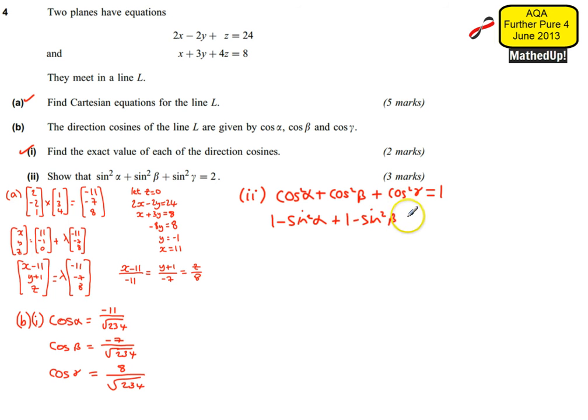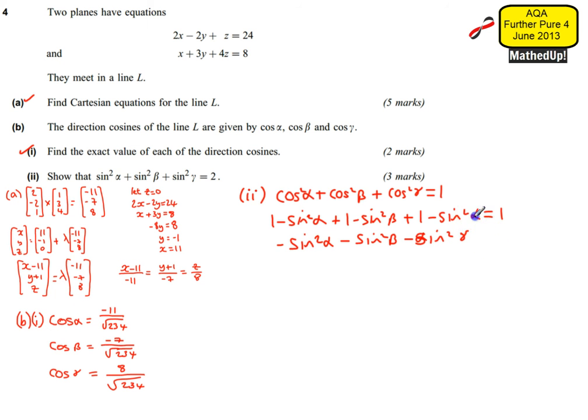And cos squared gamma must be equal to 1 take away sine squared gamma. And all of that is going to be equal to 1. Okay, so we've just replaced cos squared alpha with 1 minus sine squared alpha, cos squared beta with 1 minus sine squared beta, etc. Okay, so if I tidy this up a little bit, I can subtract 1, 2, 3 from both sides. So that gives me a negative sine squared alpha take away sine squared beta take away sine squared gamma,